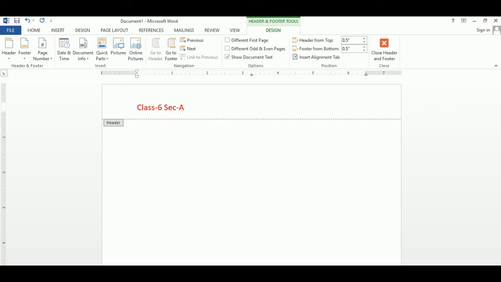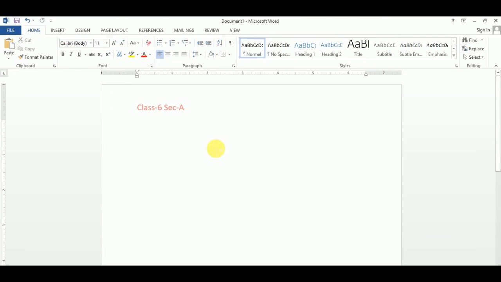Same process: press the Escape key or Close Header and Footer. You can see this is my header information and this is my footer information. So the header and footer are inserted in my document.